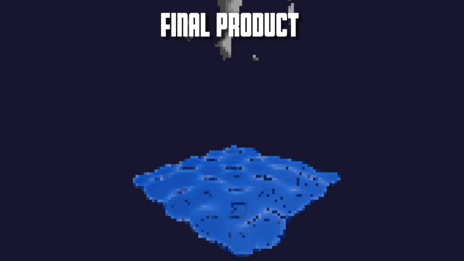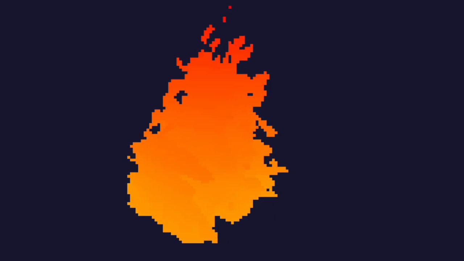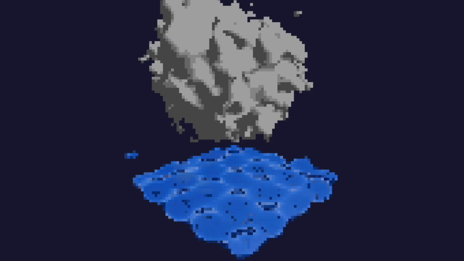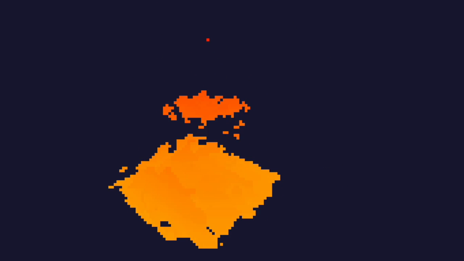Here is our final product, what we chose as the best simulation we were able to create. In this simulation, you can see fire at the start blazing up. It does this through the use of an internal force that, for particles nearby, fire particles are propelled upwards. It is then extinguished by water falling from above. Water falls under an external force of gravity, and when water and fire particles collide, they turn into steam and